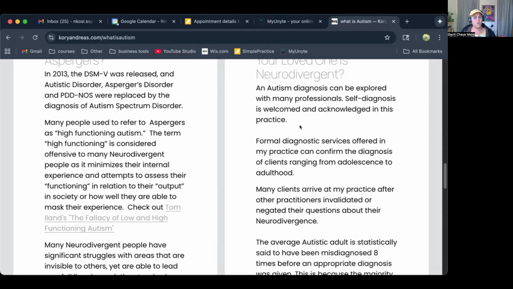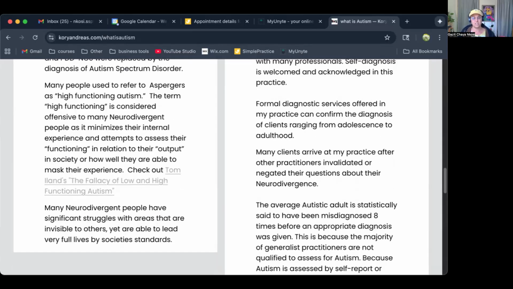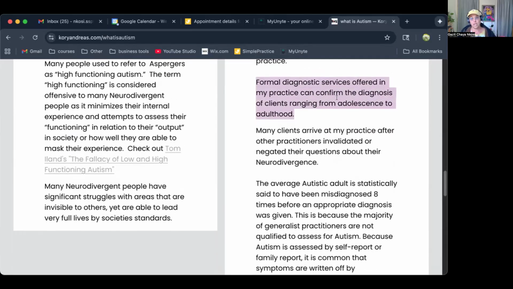Autism diagnosis can go a lot of ways depending on the training of the diagnostician. And so she does offer diagnostic services, and they look a lot different than if you go to a developmental psych who's super DSM-oriented, medical model, and is going to give you a bunch of tests where you might come out cognitively with a high IQ, and then they're going to say, oh, you don't have autism. There's a lot of information on how high-masking autistic folks are not often acknowledged by that medical model.